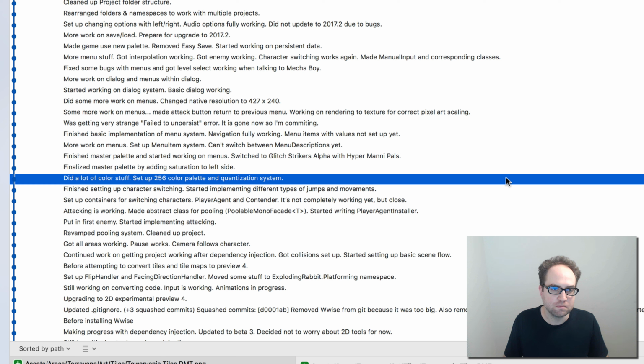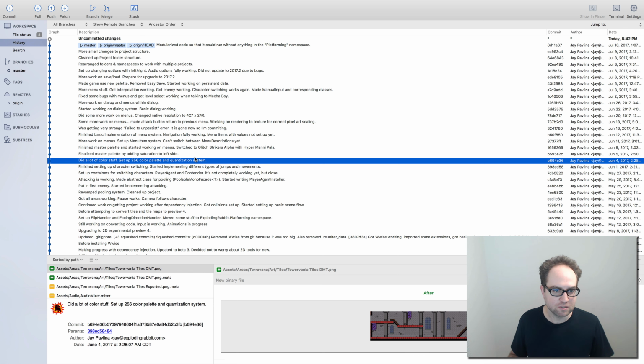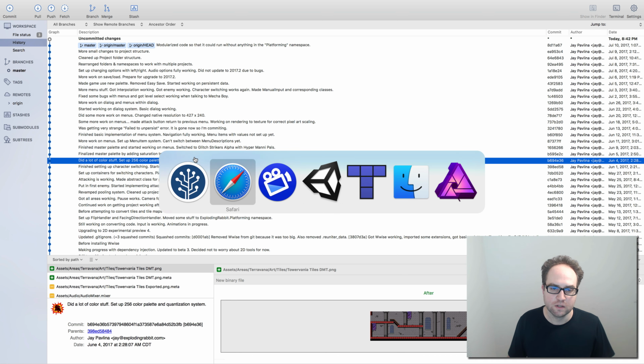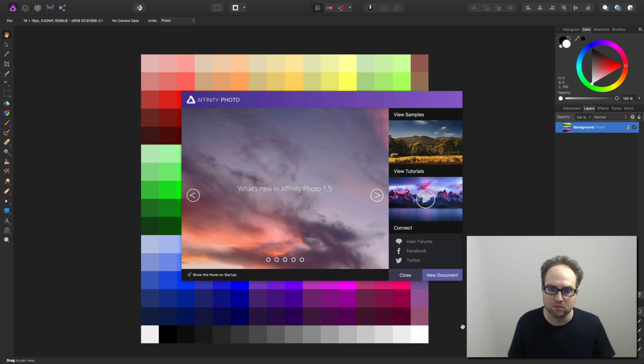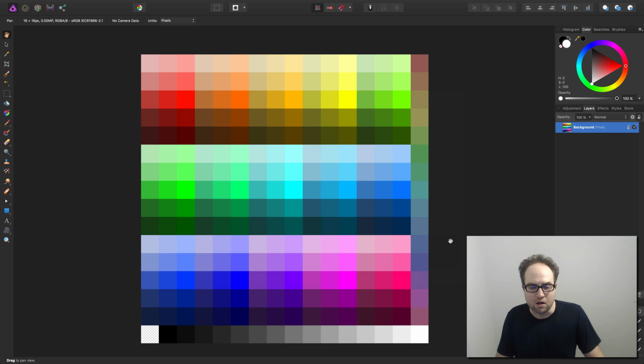At one point I spent a lot of time on the palette system. The cool thing about using pixel art is you can do a lot of weird palette stuff, and since Glitch Strikers has glitches and stuff, I was going to do a lot of interesting palette effects. I was trying to think of a generic palette. It has to be limited to 256 colors because of what I'm going to be doing with it, and I can go into more detail with that later, but